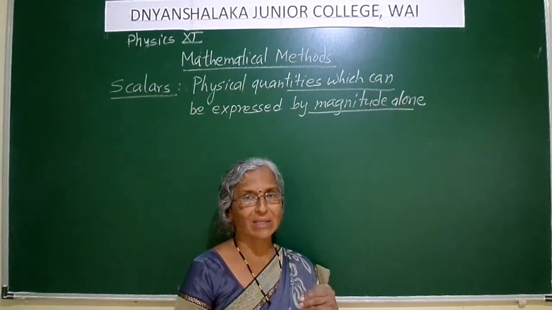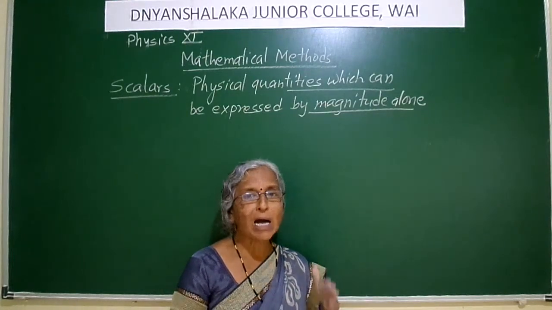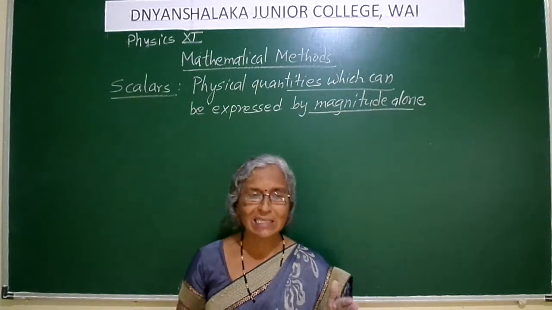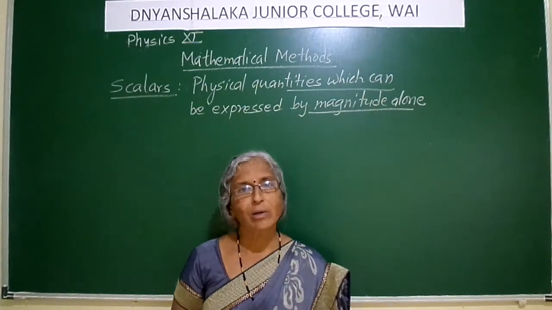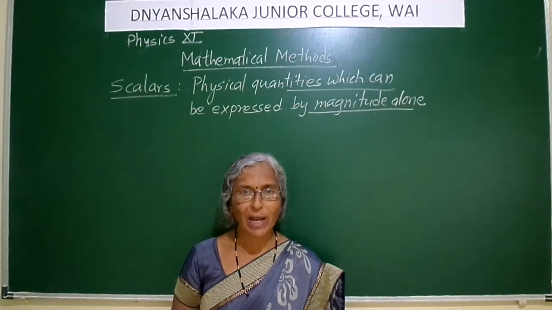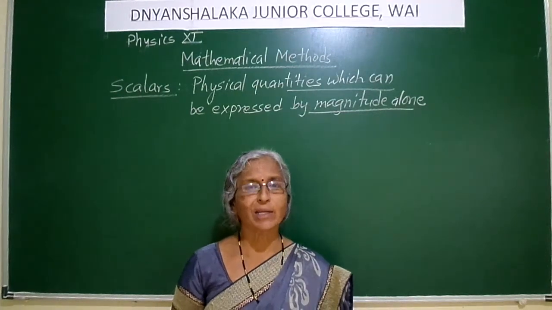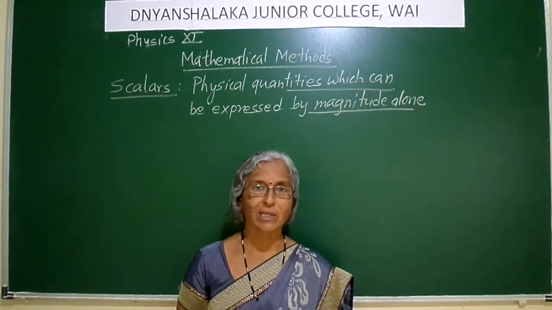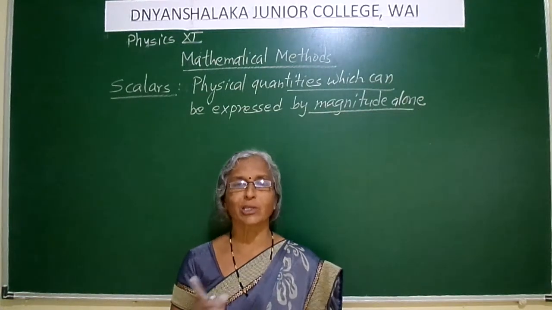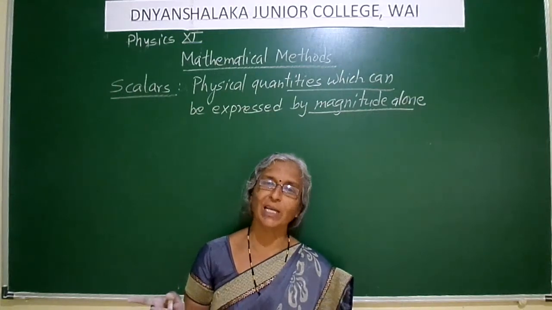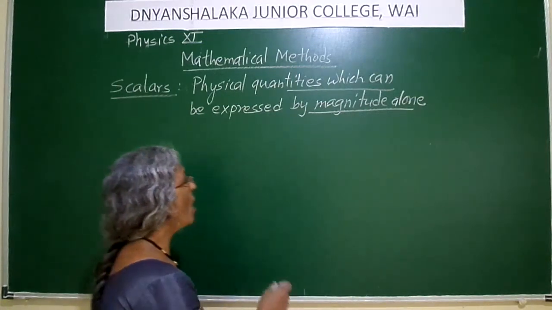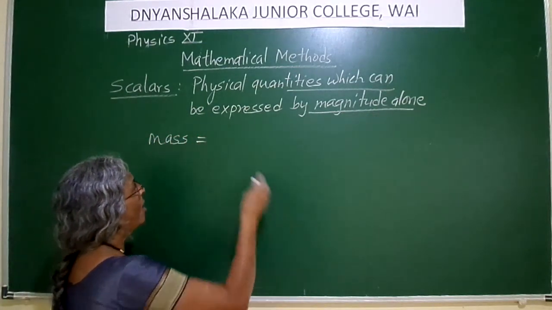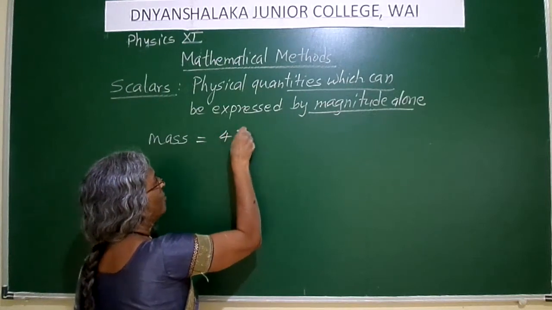Okay, say for example you want to measure your mass. आपको आपका मास, जिसे हम वेट कहते हैं एक्चुअली, मास मेजर करना है. So what you are going to do is you are going to go and stand on the weighing device, right? When you stand on that weighing device, the indicator moves and gives you your mass. 10 kg, 20 kg, 25 kg, 50 kg, 70 kg. Now when you are measuring the mass, you get it as, say your mass is 45 kg.